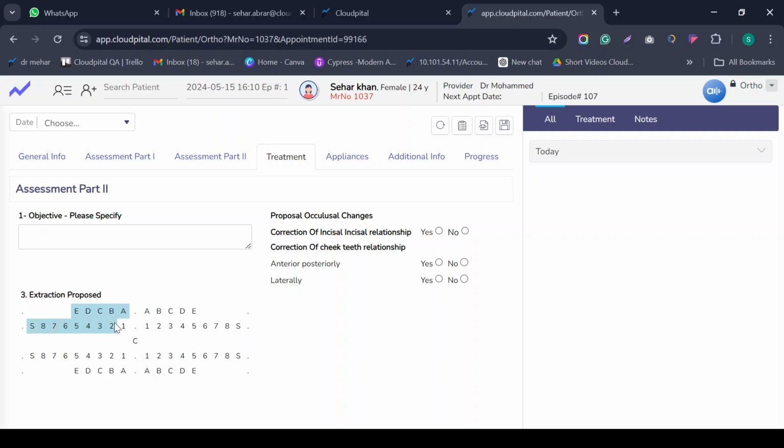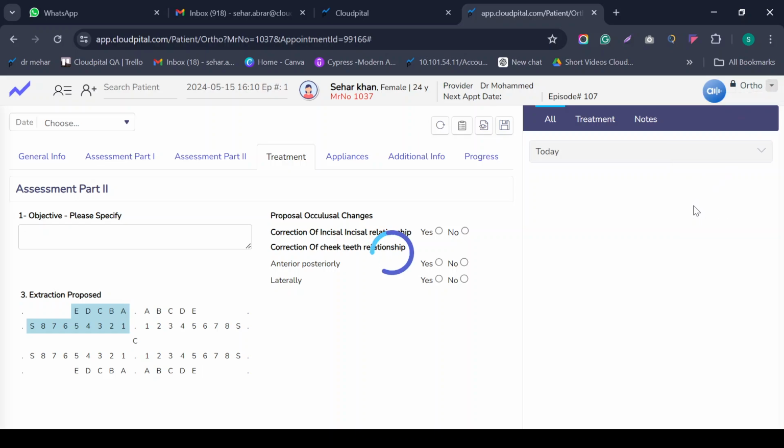If this patient comes in next time, the doctor simply goes back to the patient screen and can view all of their previous records on the previous screen as well. You just need to click on a specific date, and all of the previous records for that specific date will be shown. So this is the soft documentation of the orthodontic process.